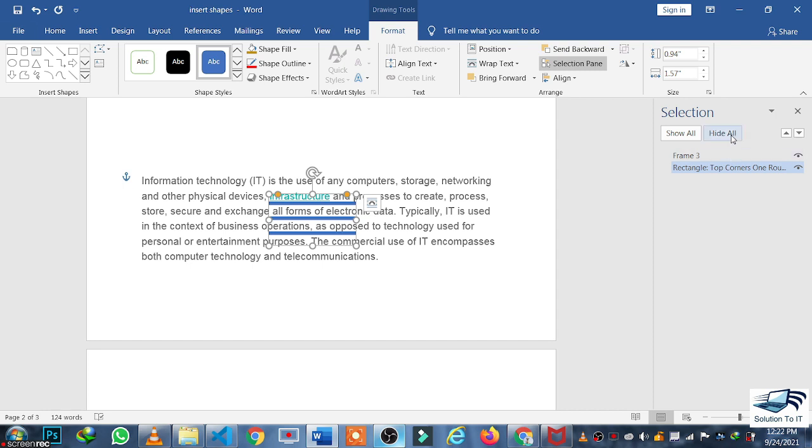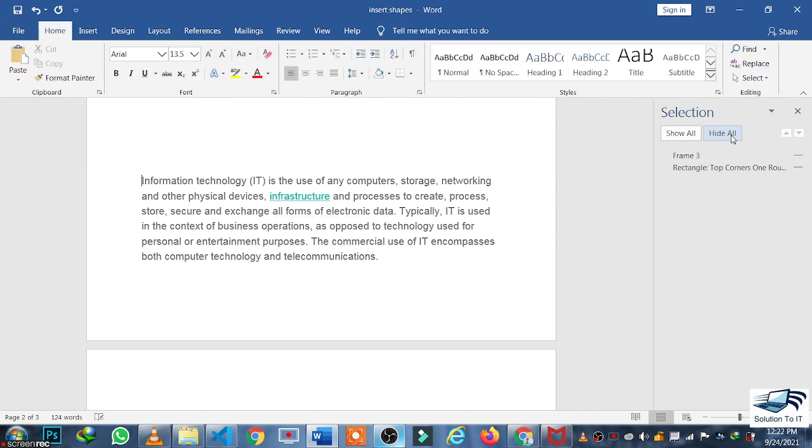And if you click on Hide All, all the shapes will be hidden. Now I am again clicking on the Show All option. As you can see, the shape has appeared again.